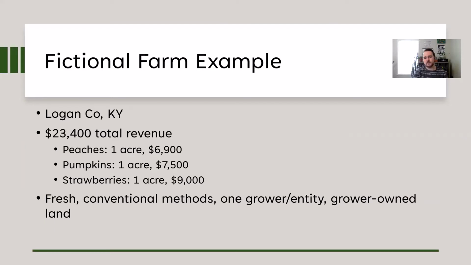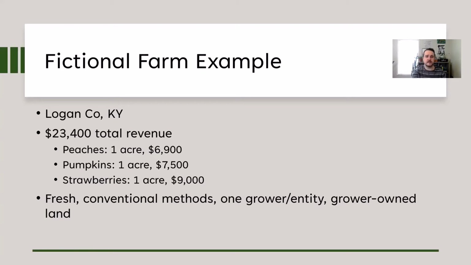And so I got these prices. I used just acre average for these commodities. And then I use just average price to kind of guess on a price for some of these commodities. So they're not exact, but they'll do for this example. And for our example, this farm is going to be selling their commodities fresh and not processed. They'll be using conventional methods, and it's one grower or one entity that's operating this farm. And it's on grower-owned land,